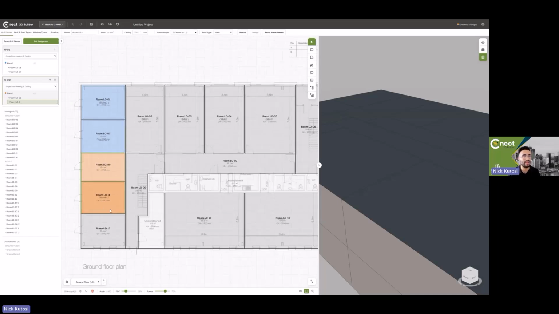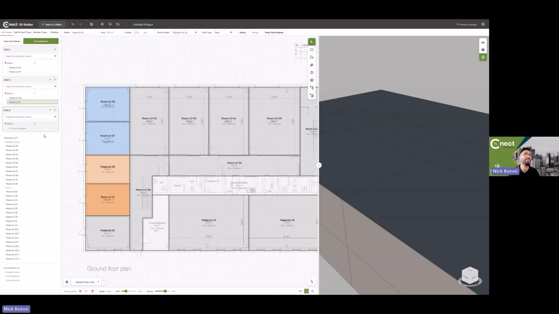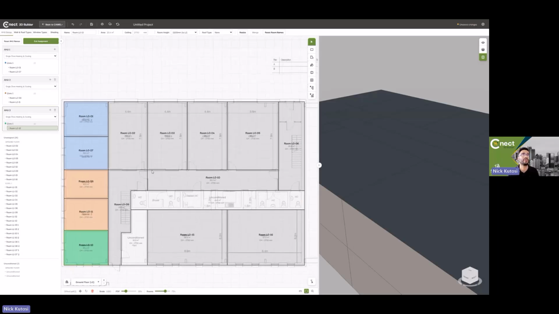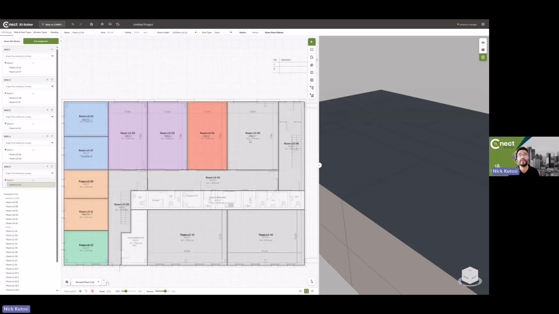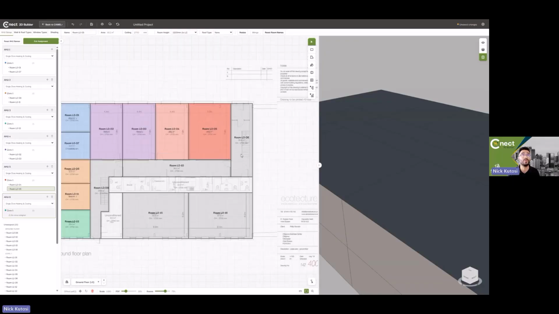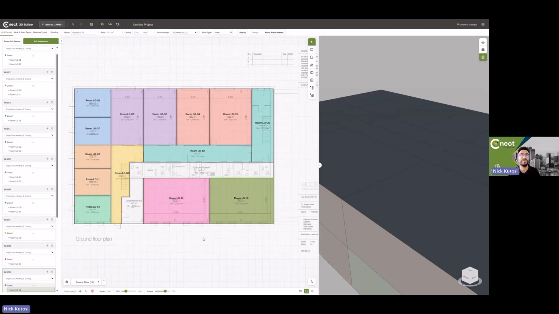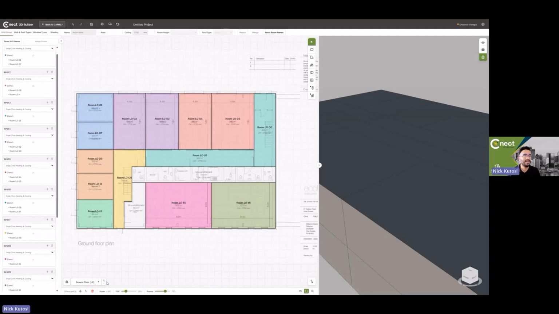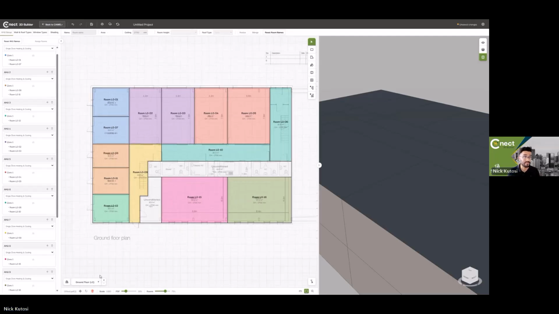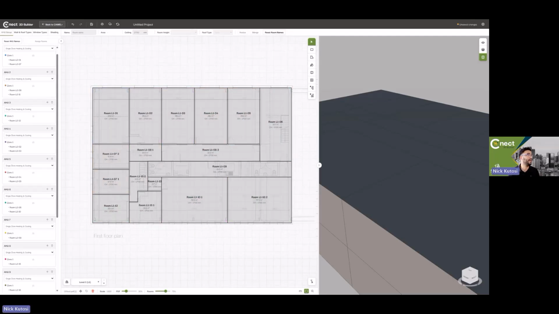But there is a bit of a faster way of doing that. If you click the backtick key or the tilde, so the key to the left of the number 1 on your keyboard, that creates a new AHU and also selects the zone of that AHU. So if I click that button and then just click on the layout, that's a really quick way of creating an AHU and then assigning rooms to it as well. So go ahead and do that. Those. So that's ground floor done. We can jump over to level 1 now